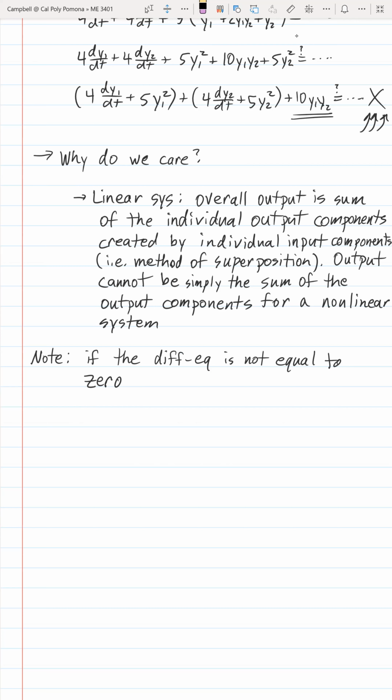So if it is non-homogeneous, strictly speaking, we aren't dealing with a linear differential equation. So if the differential equation is not equal to 0,